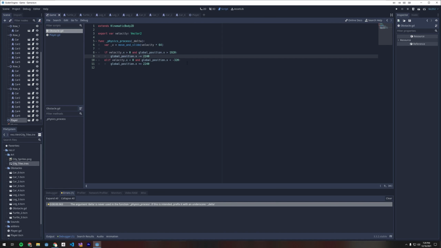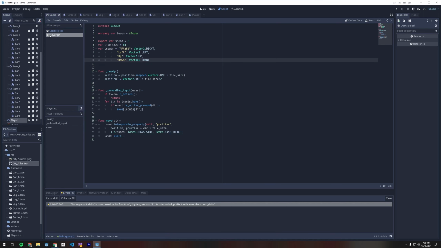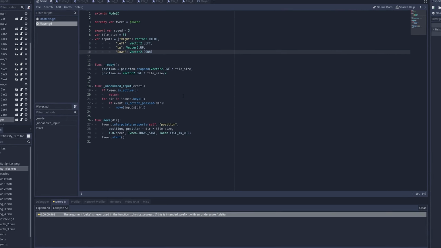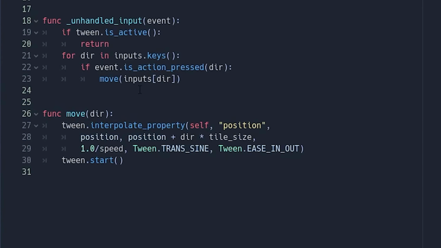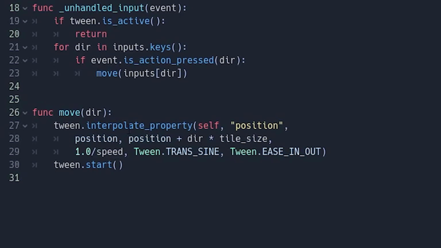Okay, so one thing I wanted to highlight, here's the obstacle script I wrote earlier. This is quite straightforward and simple. It just moves and slides. The other one, though, on the player side, uses something I haven't touched before, and that is this tween node. Essentially, this is a combination of a timer and something like a lerp or slurp function. And what I can do is use it to do a sinusoidal movement that eases in and out on the